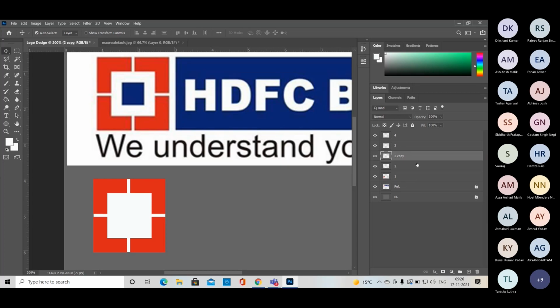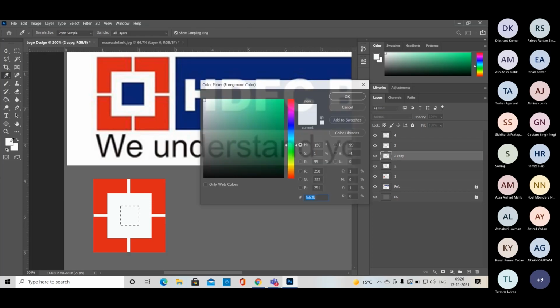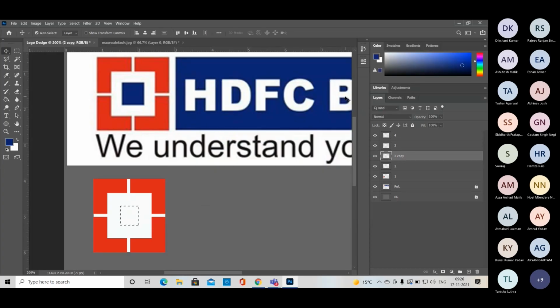So we want to select this copy part and now I want to fill the color. Which color? This one. So just click it and I can find the same color. Okay. And how can we fill the color? We have another two options. Alt Backspace is the shortcut key, and Control G. When we press G on the keyboard, we have the paint bucket tool. So we can fill the color with the help of the paint bucket tool, right? Then I'm using shortcut Control D.